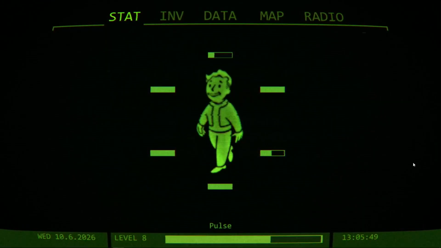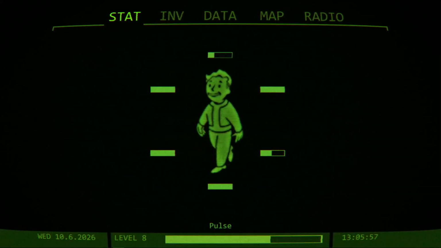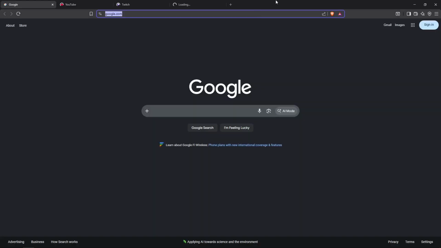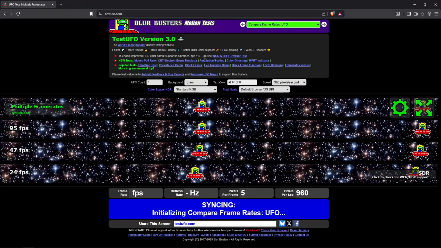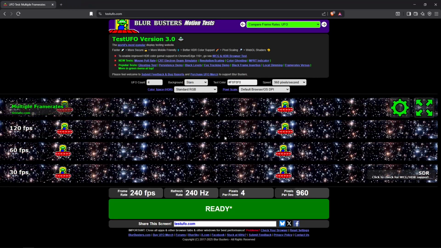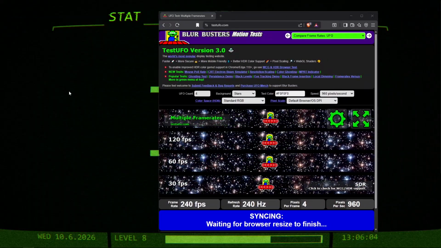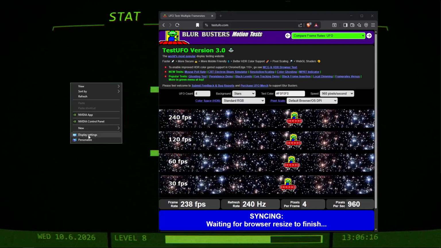Now, the other thing we're going to do is we're going to talk about frame rate. So I have a website here that I'd like to open up. And as you can see here, depending on the frame rate of your monitor. So if I right click on my desktop and I go to display settings,